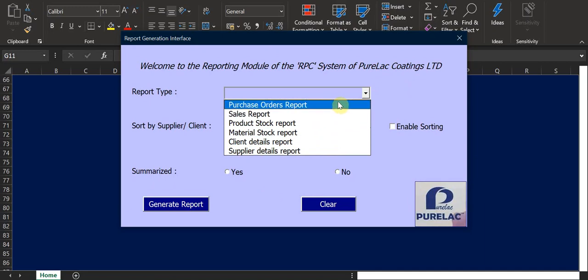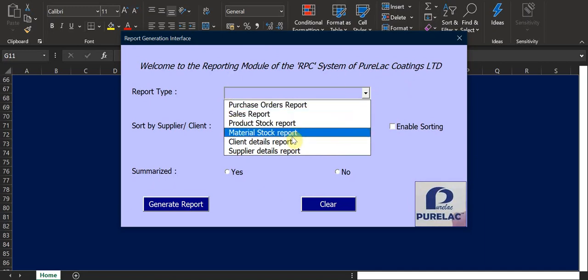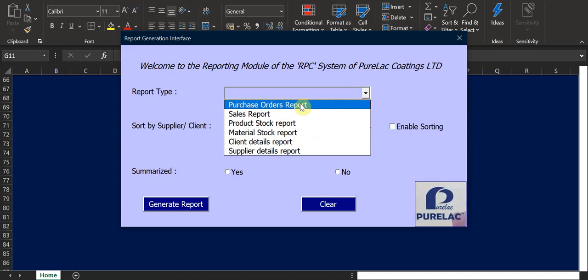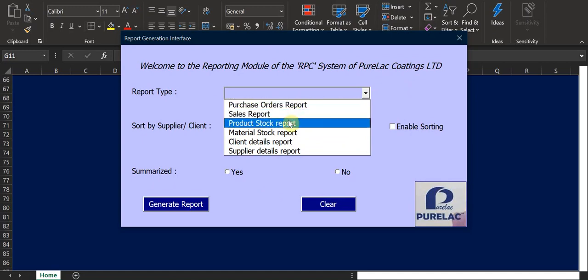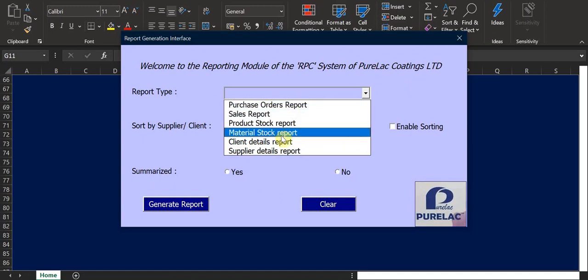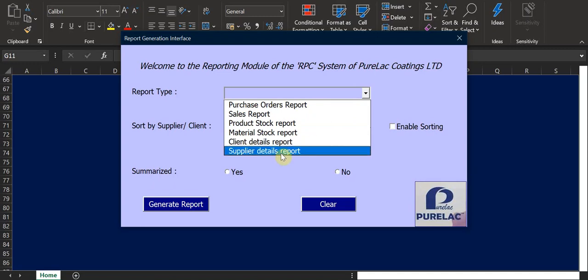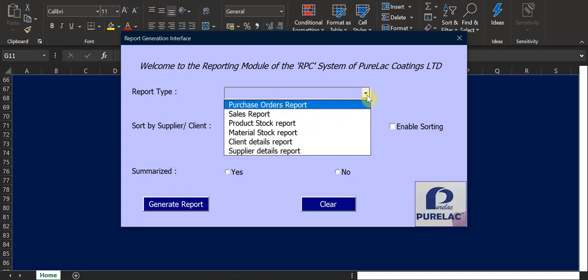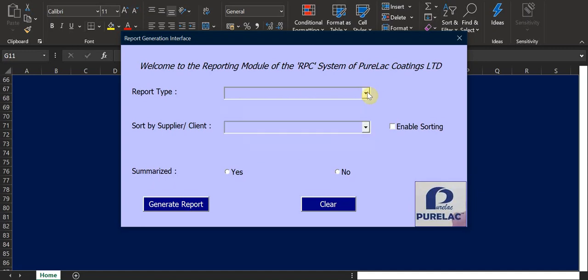So there are 6 types of report which this reporting generation interface would support. So one would be the purchase order report, then the sales report, the product stock report, material stock report, client details report, and supplier details report. So all these reports could be selected by the user via this drop down. So first, if you select the purchase order report, then the system would give the user the chance to